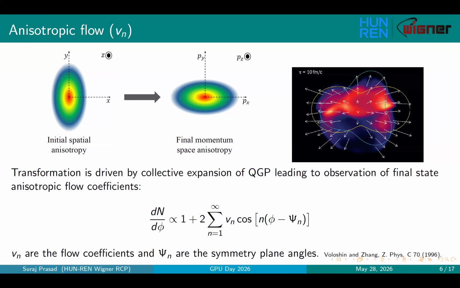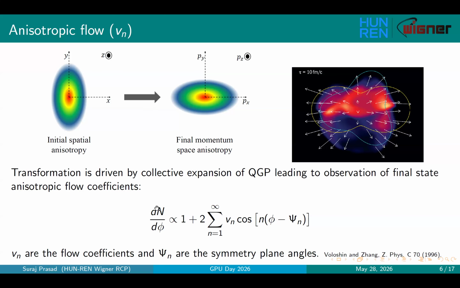Anisotropic flow is well known to probe the collectivity of the system, and because of the fluctuating distributions of nucleons, the overlap region can have different initial anisotropies. As an example, if the initial spatial anisotropy is elliptic in nature, then we have elliptic flow in the final state, where the momentum distribution looks like